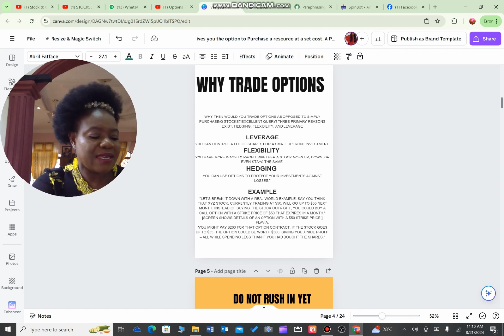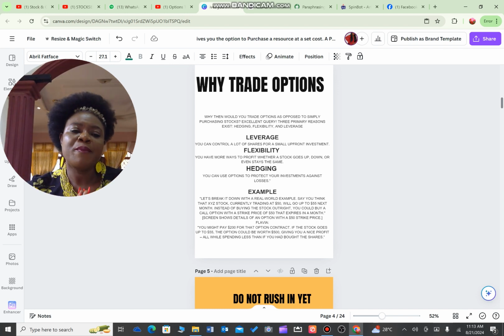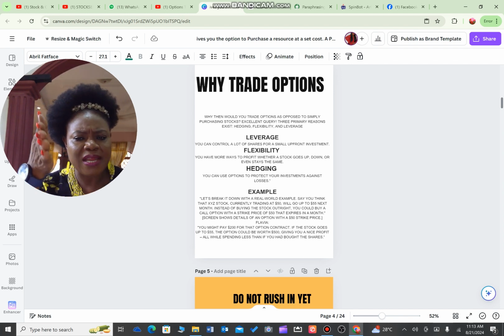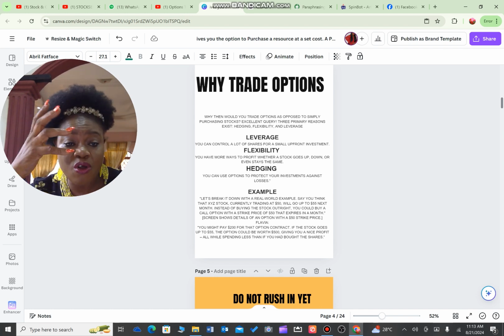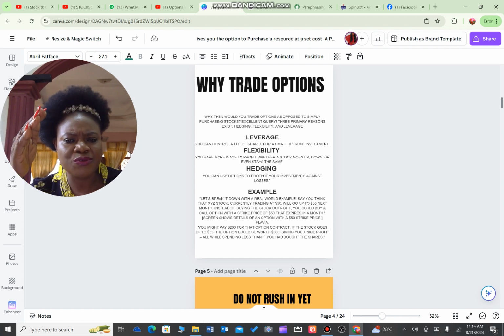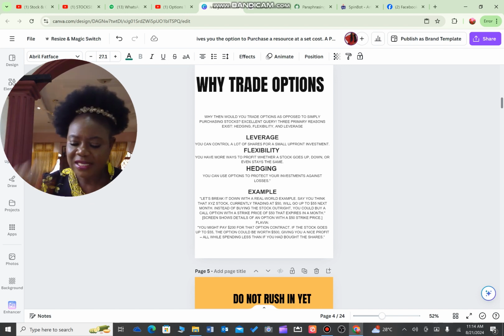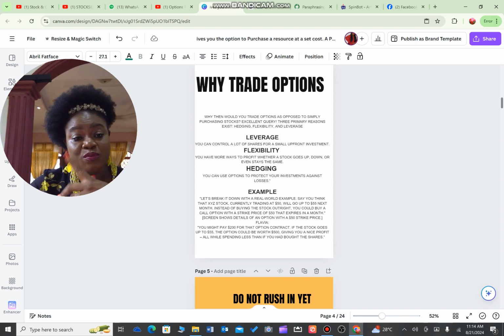That is when you are buying shares. But buying options is quite different, so we want to look at the reasons why people choose to buy options instead of shares. Number one reason is leverage. Leverage gives you the opportunity to control shares for a smaller upfront investment. In the example, we paid $26,000 to buy 100 shares.